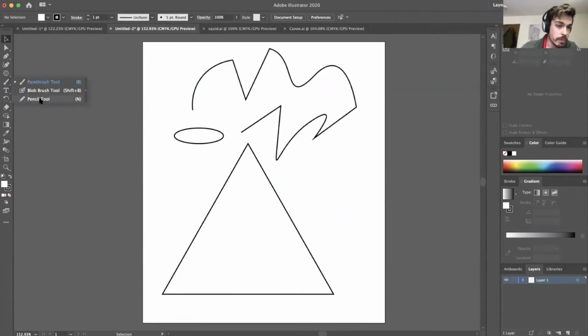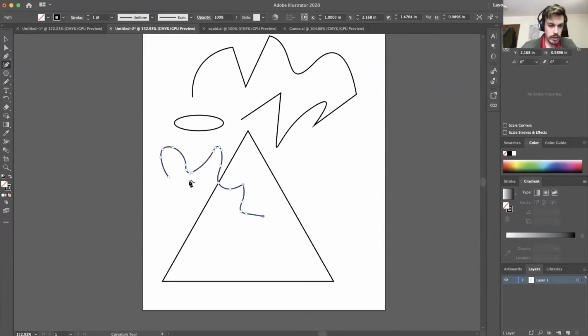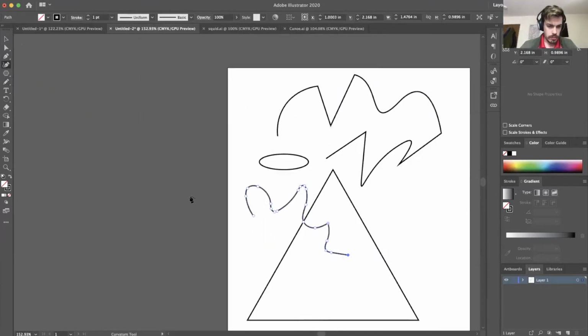Paintbrush and pencil tool are for when you're really trying to wing it. But you see what it does here? After you draw it, it still makes these anchor points and then the vectors between them. And then if you wanted to go back to your curvature tool and zoom in, whoa,